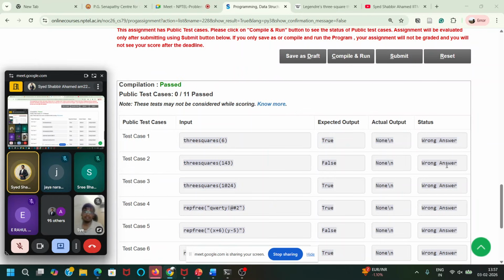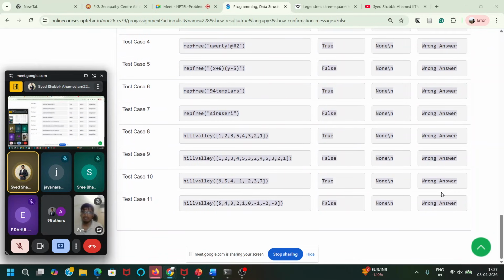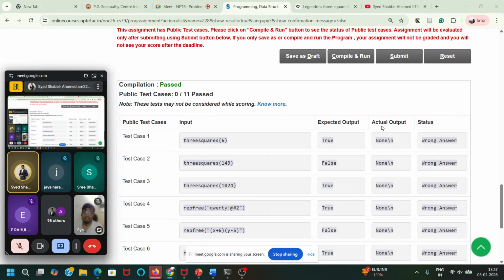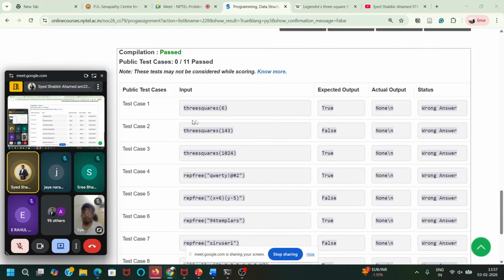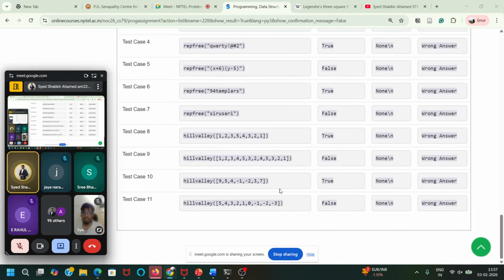So you can see the status is wrong answer. But if your program is giving true as an output here, it will give right answer. And if your program is giving false here, the actual output also should be false, and then it should be a right answer. Like that, you should make sure that your program passes all the test cases.